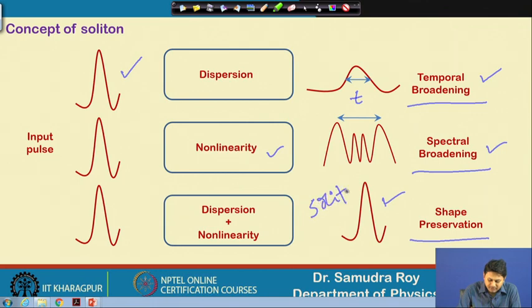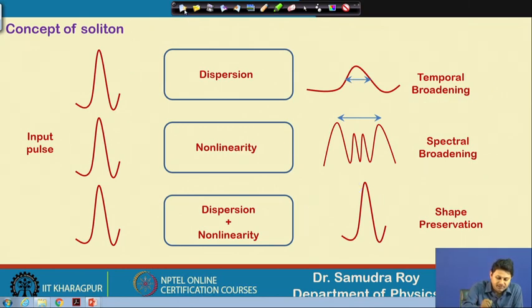So, soliton is something where the shape of the pulse will remain conserved during the propagation. So, this is a robust structure. So, when an optical pulse is moving in a medium where dispersion and nonlinearity is there, and the value of dispersion and nonlinearity is maintained in such a way that the effects of dispersion and nonlinearity are counterbalanced by each other, then we have a pulse which does not change its shape. So, this is basically the concept of optical soliton.